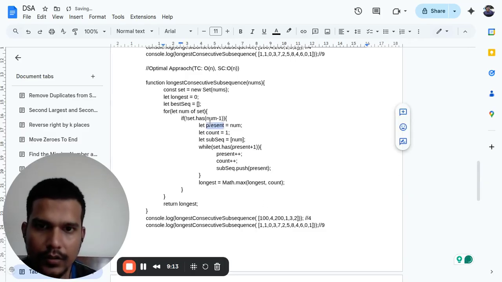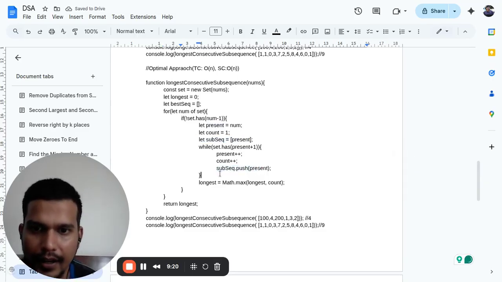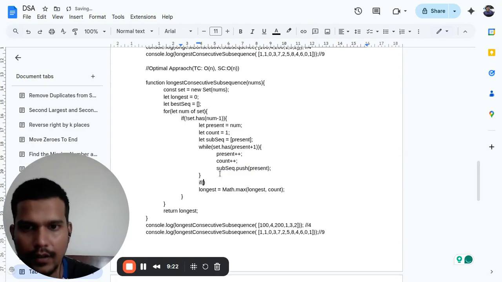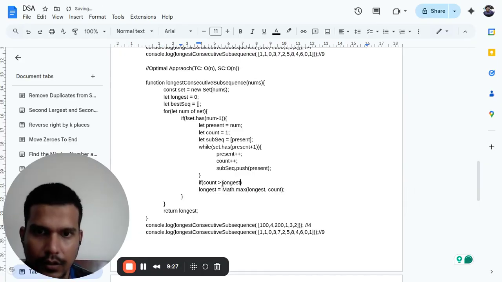So we are also assigning that present here, subsequence.push, and here we write the condition if count is greater than longest,